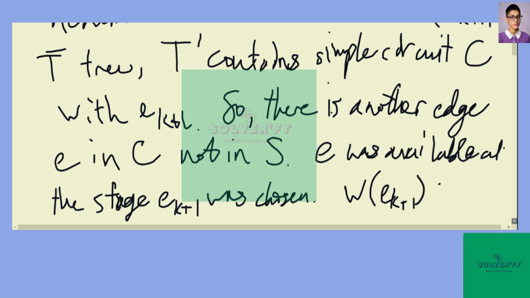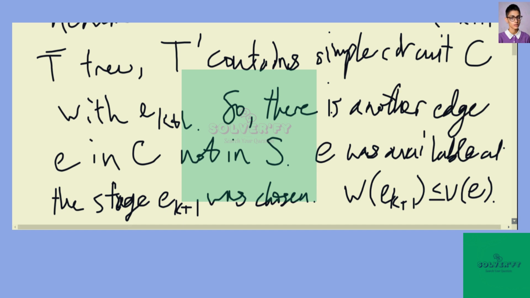And therefore it follows the weight of EK plus 1 has to be smaller than the weight of E prime. Or I'll just call it E instead of E prime. Or we know that it comes first in the lexicographic order if EK plus 1 and E have the same weight. And now let's define another tree,